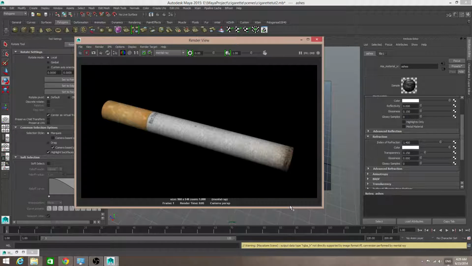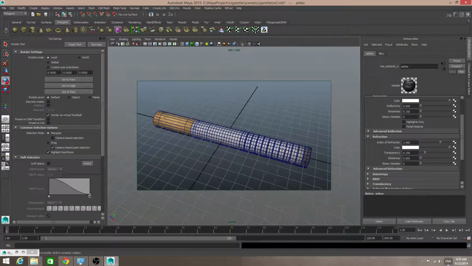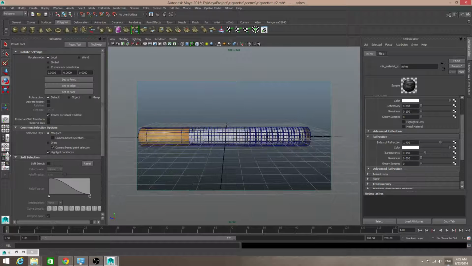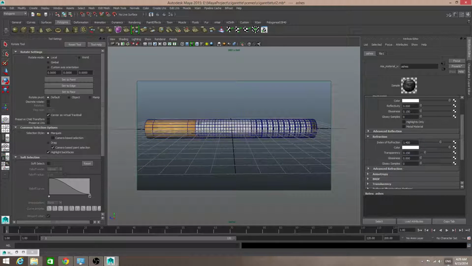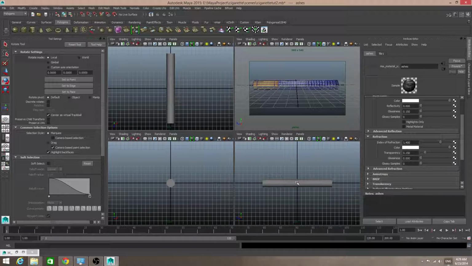Now, you've seen me applying a little bit of transparency. I didn't check this, but as you can see, the cigarette is not transparent at all. But it might be transparent enough for what we're going to do next. So I'm going to close this, and I'm going to position my camera. You know what? I'm going to change to 4 view, and to this view, in which I can see the cigarette that way. Right now,